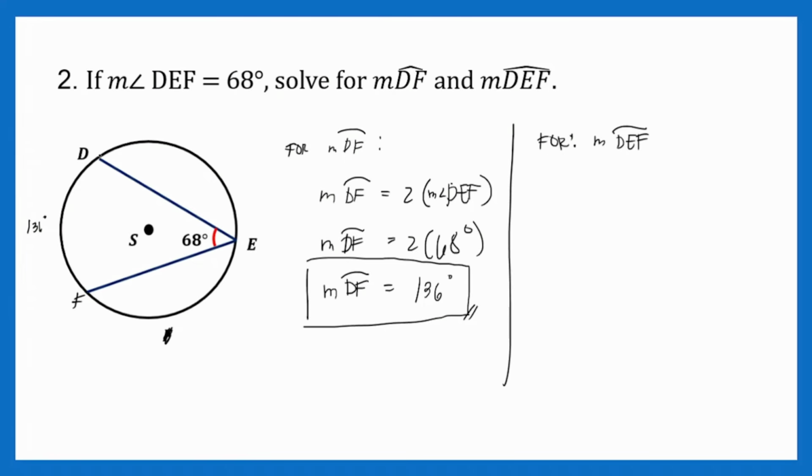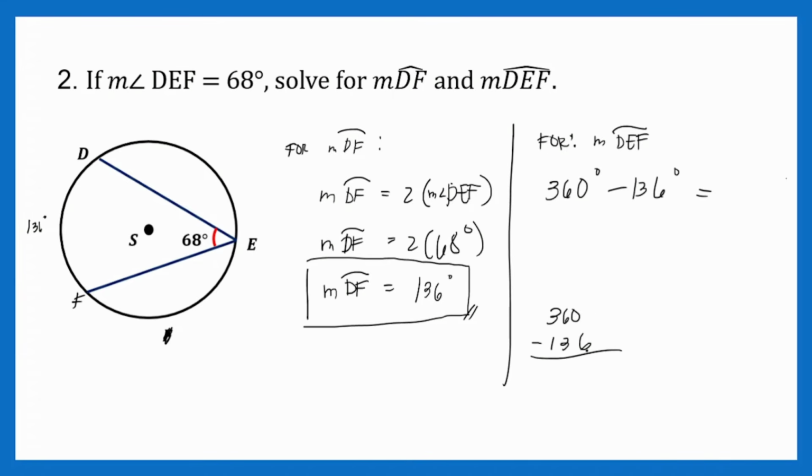Very good. So, since alam mo na yung konting ito, yung minor arc na yan, dapat kaya mo na rin makuha yung kabila, itong major arc na ito. So, ang gagawin mo lang dyan, since alam mo na 360 degrees lahat, di ba? 360 degrees lahat ang kabuuan, eh babawasan mo lang siya ng 136 yung nakuha natin. Then, makukuha mo na yung DEF. Alright, so i-minus mo lang ito. We have 360 minus 136.